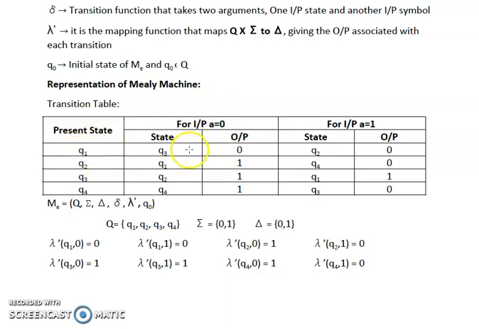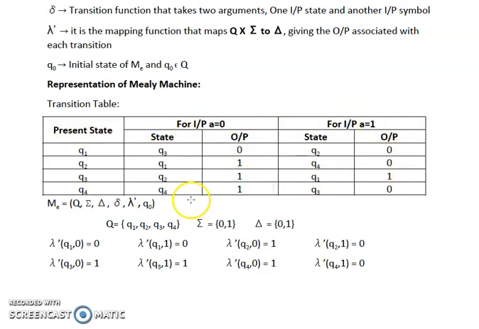So whenever we provide an input to a state, then only we are going to transit to our next state. So that means our present state and the input will provide us an output. That's why for each state we will have as many outputs as there are inputs. For example, for state Q1 we have two inputs, A equal to 0 and A equal to 1. Similarly, we will have two outputs corresponding to every input provided.